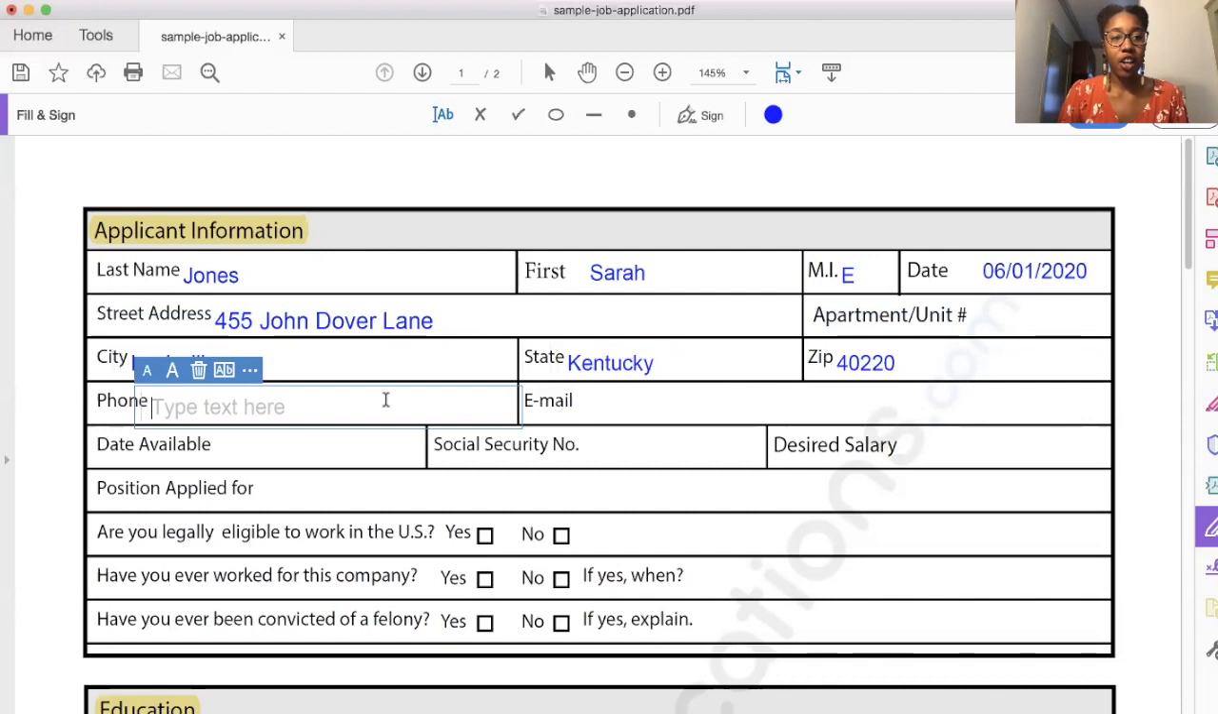Next, an application will ask for a phone number and email. It is important to put the correct phone number and email so that a company can call to schedule an interview or to ask some questions. So our phone number we will enter is